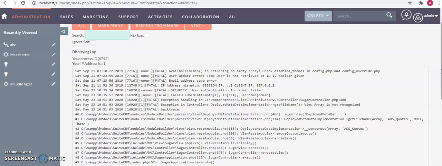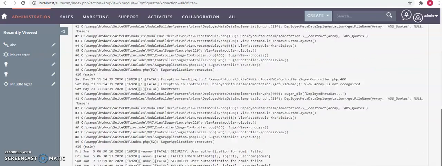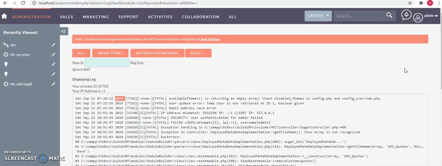Each and every fatal error is listed here, for example this error dated September 21 and May 23, Saturday, 2020, 2019. So all these logs are fetched here. This would be the best way to check the errors, warnings and other things.